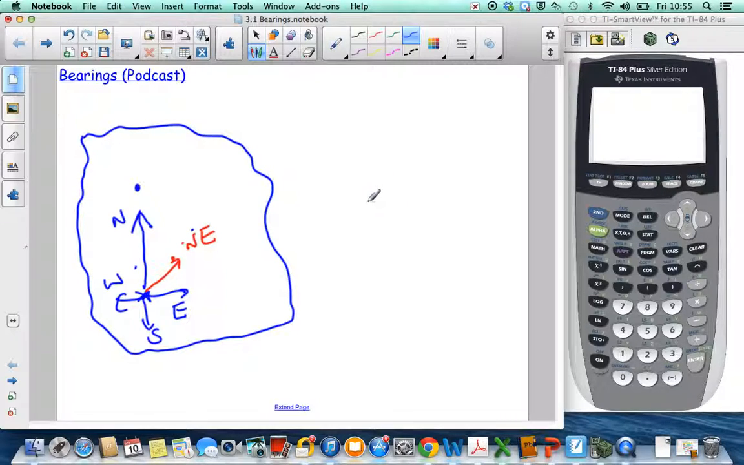So here's the definition of a bearing. It's the clockwise angle from north. Make sure you write this down. That's very important. So you should always draw a north line in from the starting point in every question. So if this is my starting point and this is the north line,